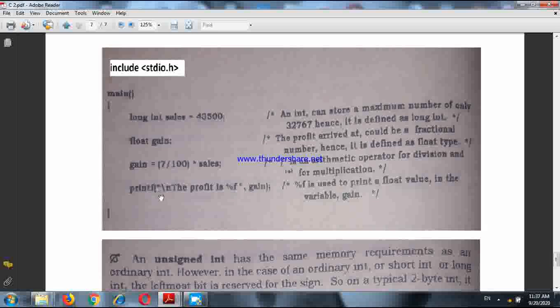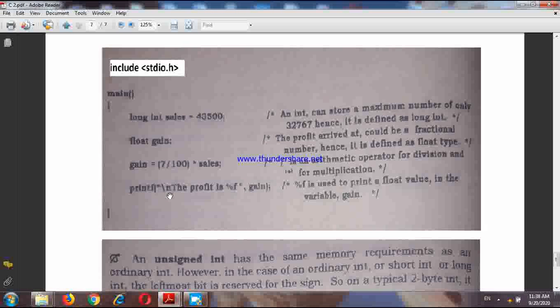Printf, you see, backslash n. Within the inverted commas of the printf statement, after the parenthesis, we have written backslash n. So what's the meaning of writing this backslash n? It means that the printed output will be on a new line. If I write backslash t also, it means that one tab will be given before the print. You will get a small space, and here you will get the print on the new line.